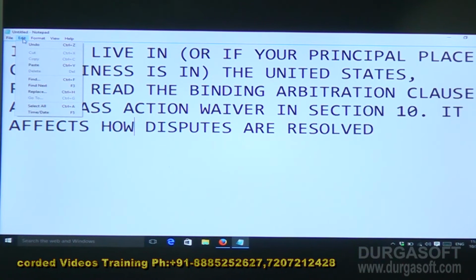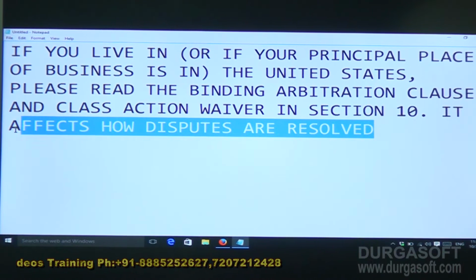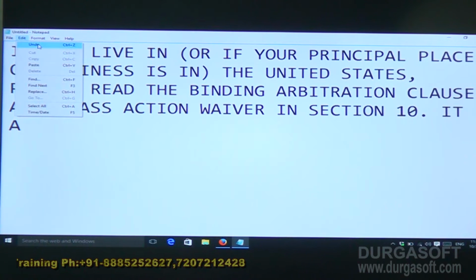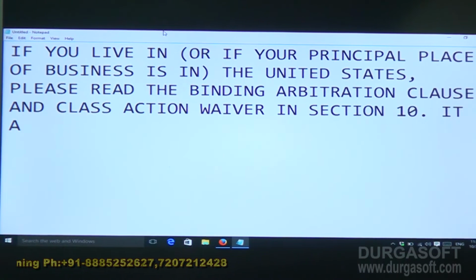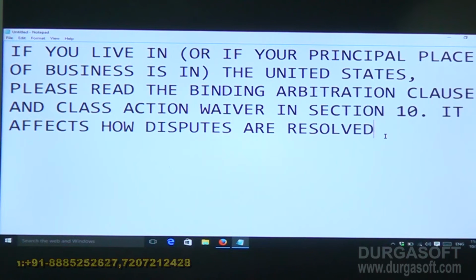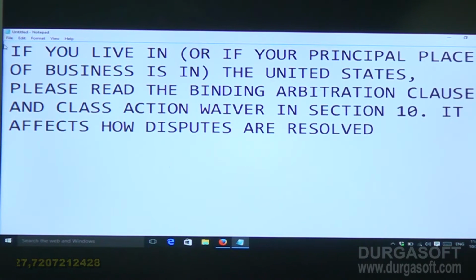In edit, the first one is undo. Undo is nothing but, for example, if you delete any line by mistake and you want to get it back, we can use undo. The undo shortcut key is Ctrl+Z. Whatever deleted matter you want to get back, we can select undo. And cut. The difference between cut and copy is, for example, if I want to paste the same paragraph,